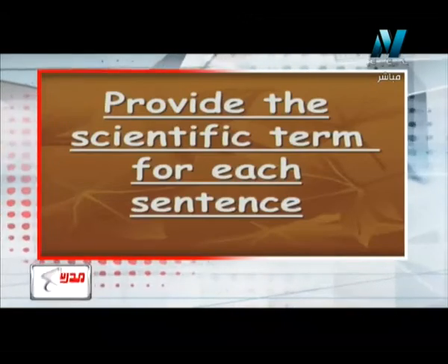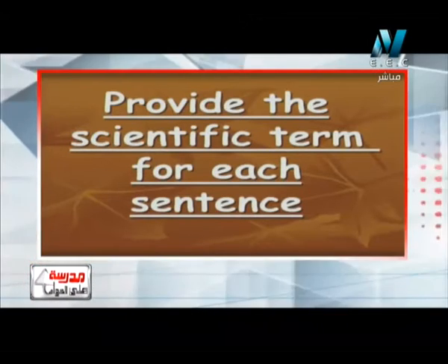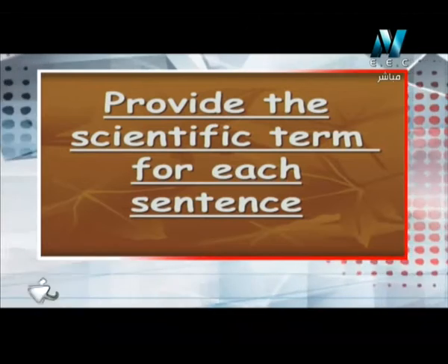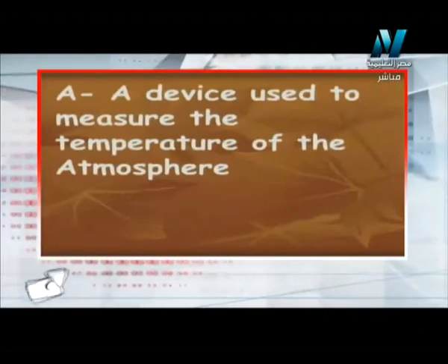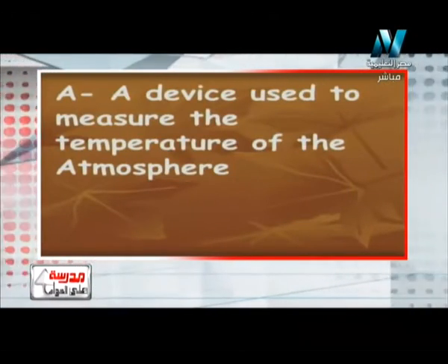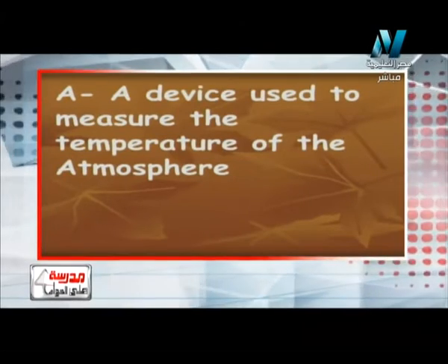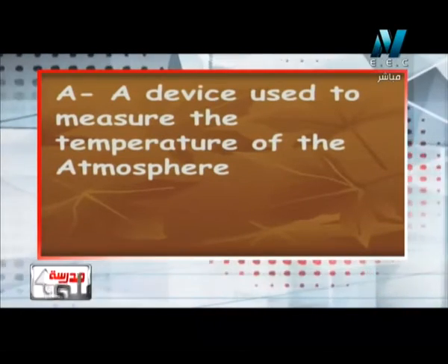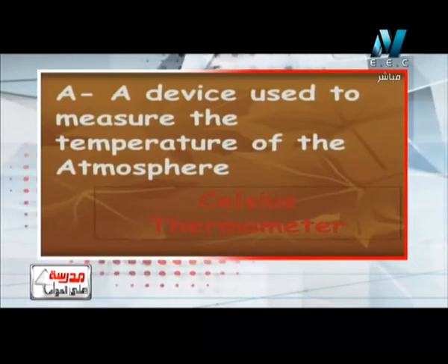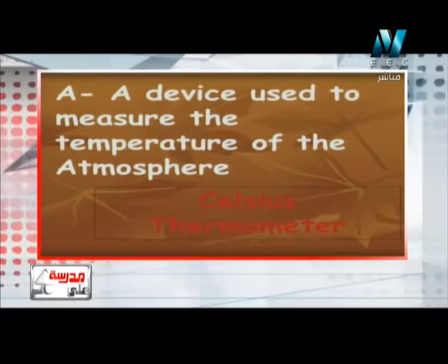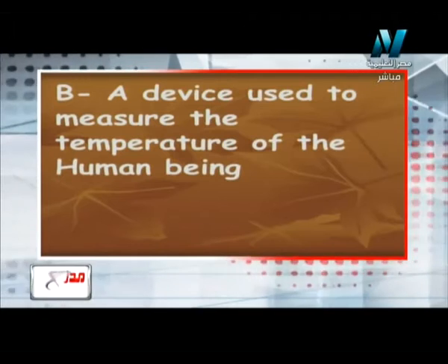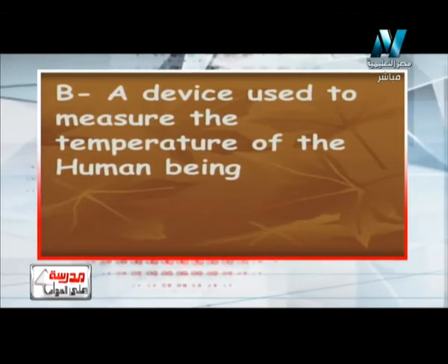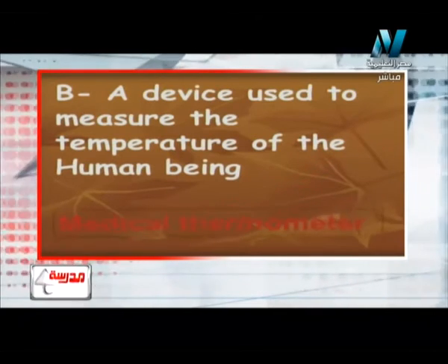So, another question: correct the underlined word in the false sentence, or provide a scientific term for each of the sentences. Here, write scientific term means provide scientific term. The question says: a device used to measure the temperature of the atmosphere. I think it will be the Celsius thermometer, as we have studied. Another question: a device used to measure the temperature of the human being. I think it will be the medical